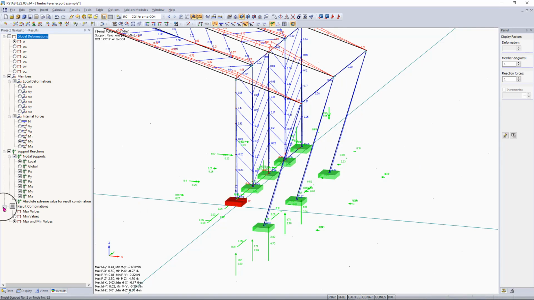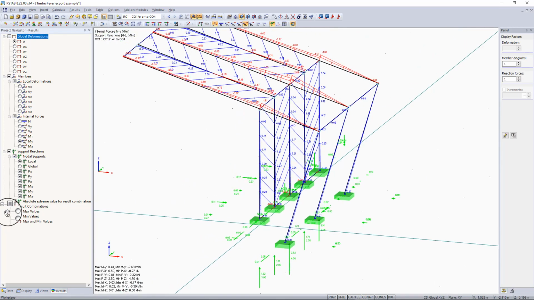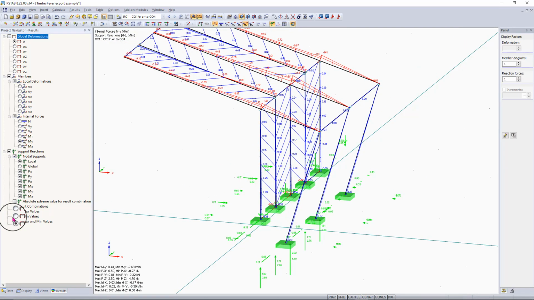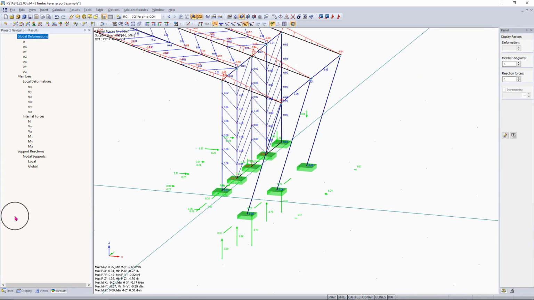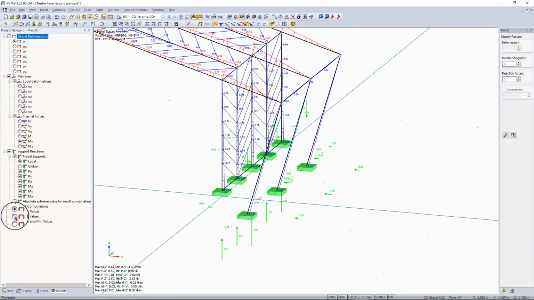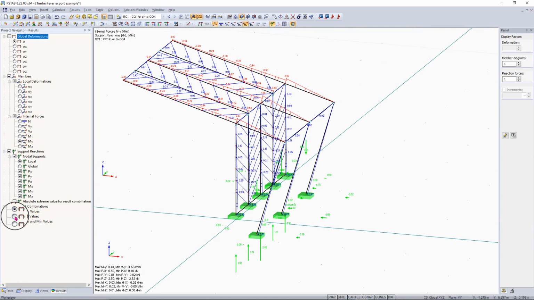We can also, if we want to, just view the maximum values by going down here to the result combinations and expanding that, and we can just click on max values, and we can also take a look at just the minimum values as well. So now that we have all of our results run, we can move on to designing members in the add-on module,